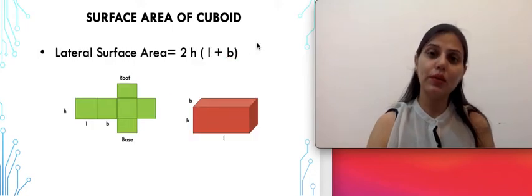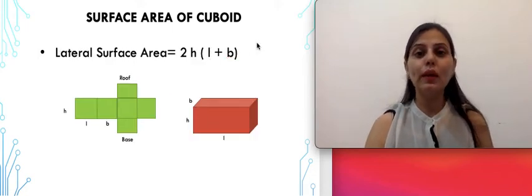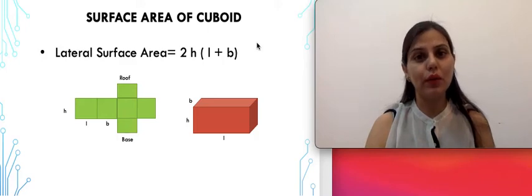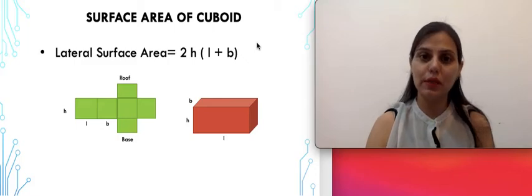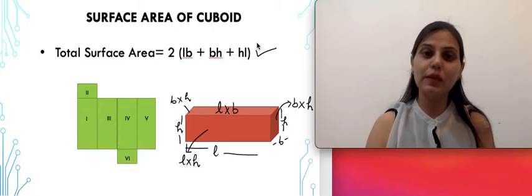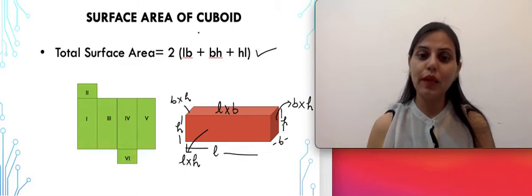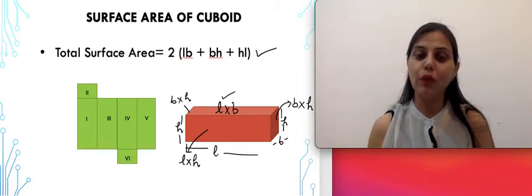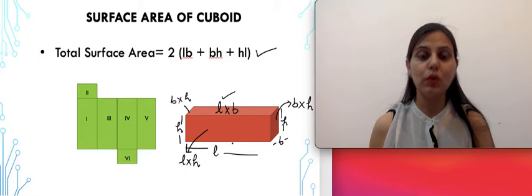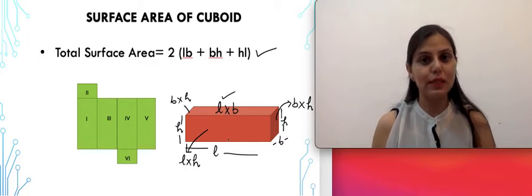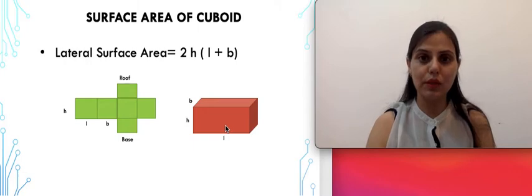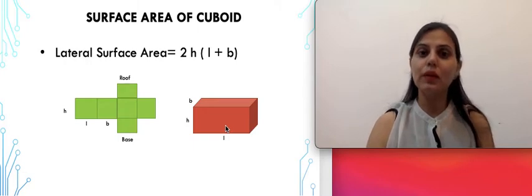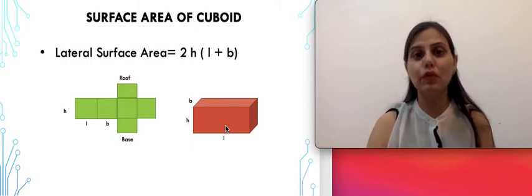Coming on to the lateral surface area of a cuboid, when the top and bottom are not included, and we include only the 4 walls or the 4 sides of the cuboid, then it gives us the lateral surface area. If you compare with the previous shape, in this case we exclude the length and breadth of the top and bottom, that means we are not including the top and the bottom faces, and we get the area of the 4 faces, which is called the lateral surface area. The common term that is used for lateral surface area is area of the 4 walls.